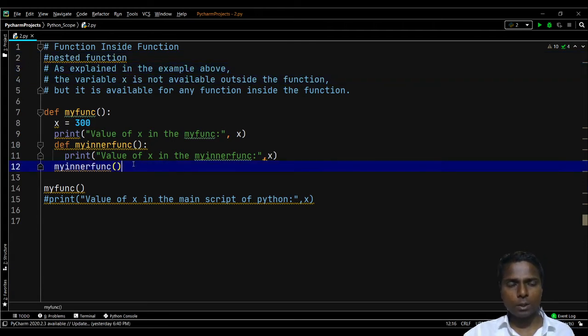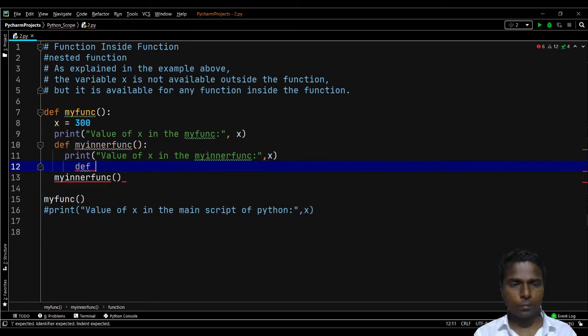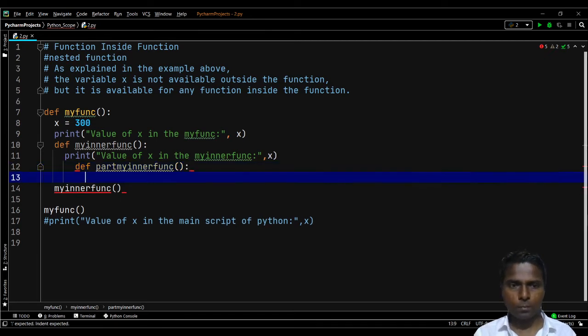See here, if I want to define one more function, let us check it. Inside this function I will define one more function, def part my inner func. So part my inner func is the part of my inner func, and again here I will try to print the same statement.